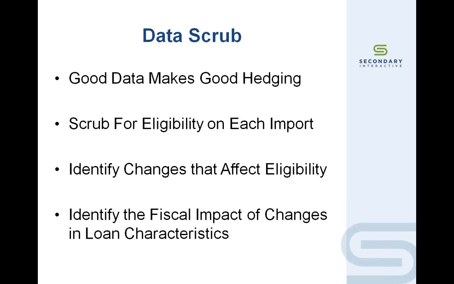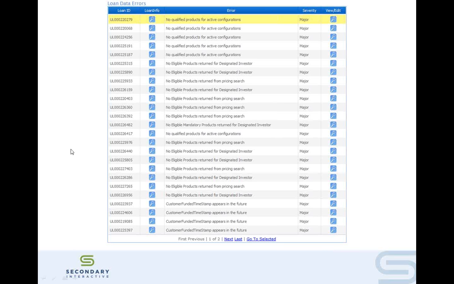Secondarily, we are also scrubbing for eligibility problems. So if a loan characteristic changes, say the FICO moves from 750 to 650, and all of a sudden there's no place that loan is eligible, we point that out so that the information in the pipeline, and the conclusions you're making from it, can be relied upon, because we know the information is solid. That's a tremendous and important foundation when you're trying to do any kind of analysis like this. That allows us to accurately price the loan, and then understand the fiscal impact of those changes.